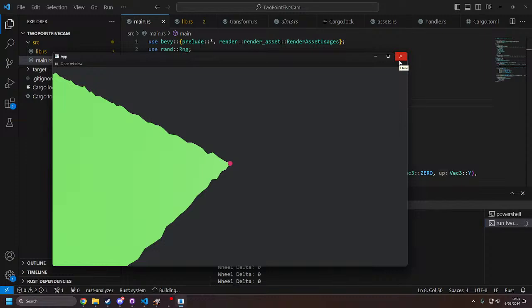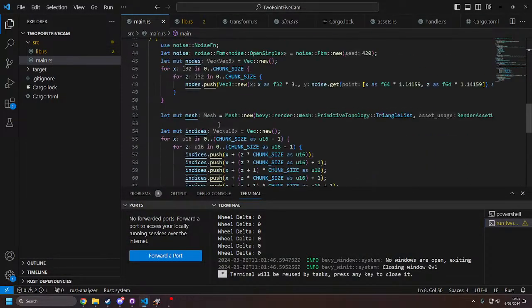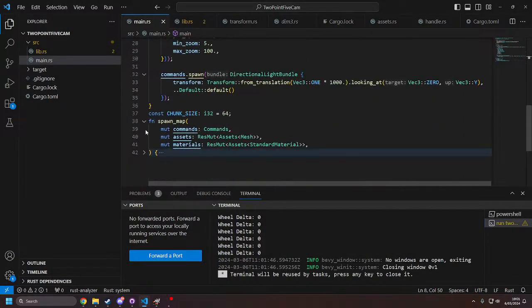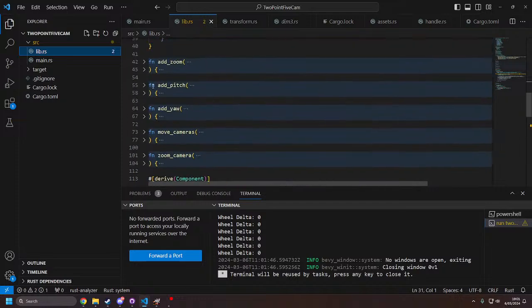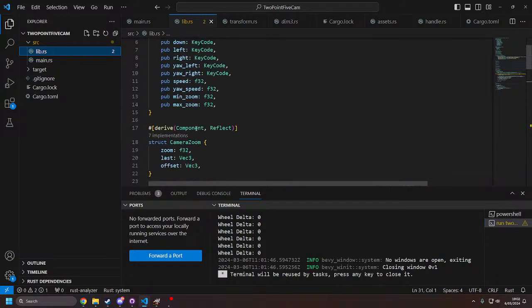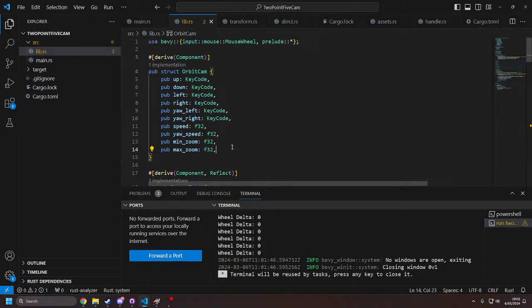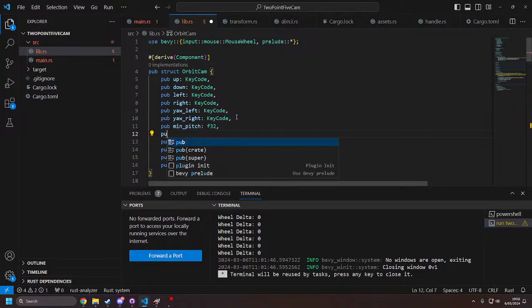Okay. Because it's only really the pitch and the yaw that we need. Yep, okay. Okay, so I guess technically, just for the completeness of it, we should probably go into the camera zoom here and say hub min pitch, hub max pitch,